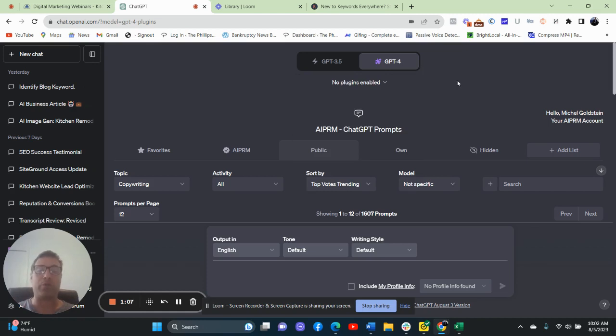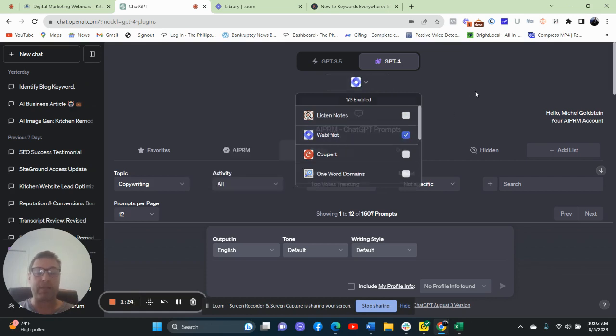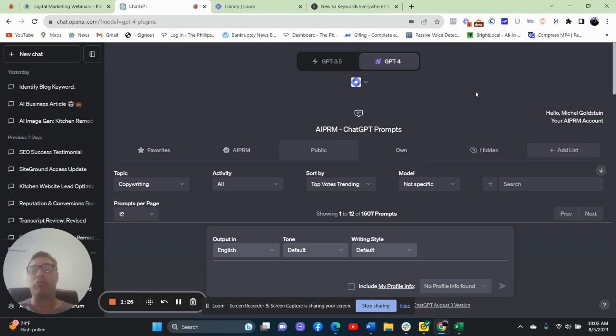And then we're going to incorporate some plugins. One of the plugins that we're going to use is something called Web Pilot. So to do this, you do need to go into your settings. You need to enable plugins. And when you come over to 4, if you haven't downloaded it, you want to choose this Web Pilot. What Web Pilot does is it allows us to scan the SERP results and then to crawl web pages in it. So from there, we're going to write a prompt